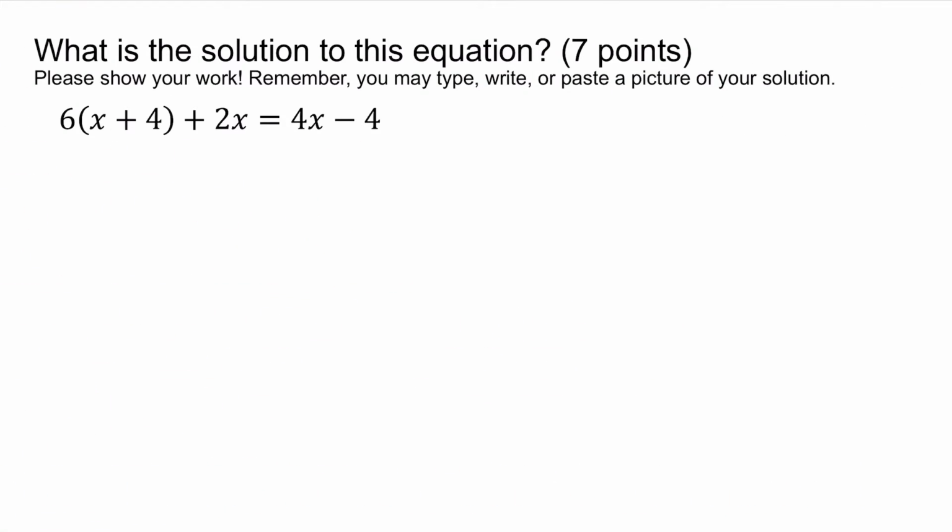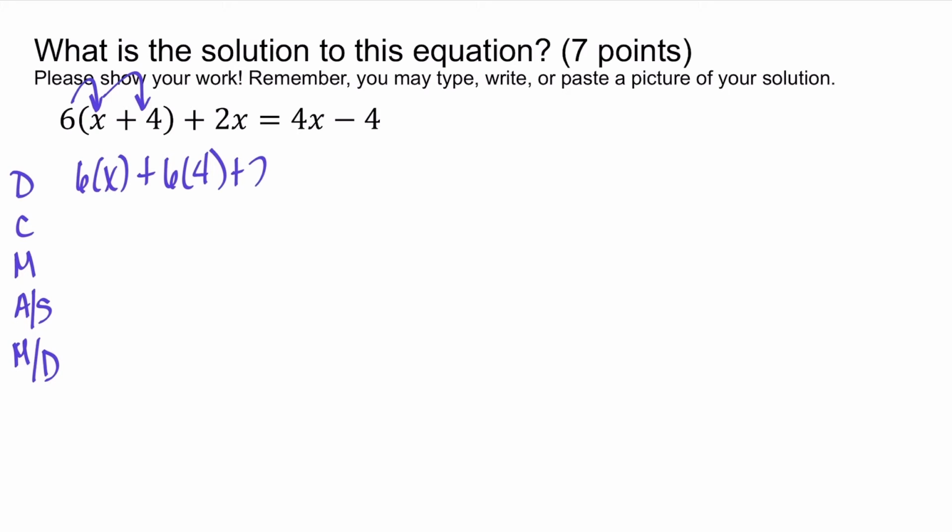So let's try solving this equation. This is another multi-step equation with variables on both sides. I'm going to use my problem solving steps. We're going to start off by distributing that 6. So I distribute 6, and I get 6 times x plus 6 times 4 plus 2x